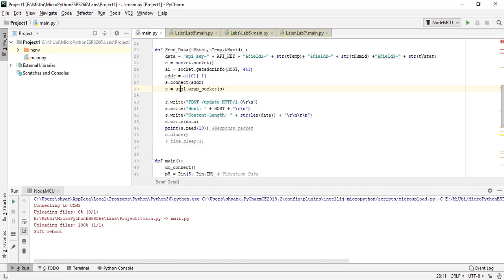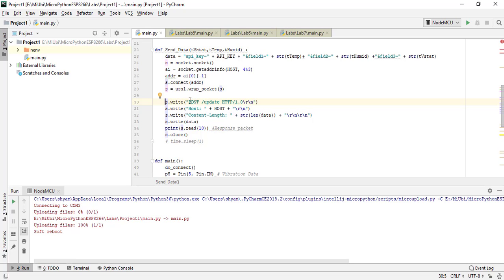Then I'll wrap this in SSL. SSL is a secured way to connect to your socket. So I'll connect to that also. After I have wrapped it, I'll post my data. This is the HTTP request that we have to make.